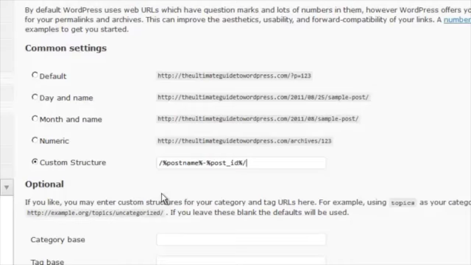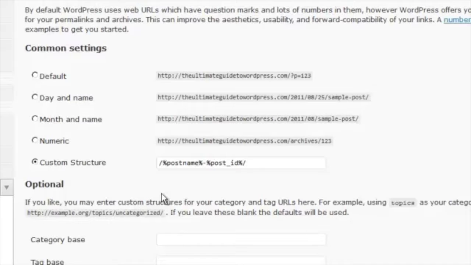So the closer you can get your keywords, which in this case is your post name, because hint hint, as you name your posts, you're thinking of the keywords that you want to target, and you're using those keywords in your post. So that post name becomes your post title, which becomes your permalink, or at least part of your